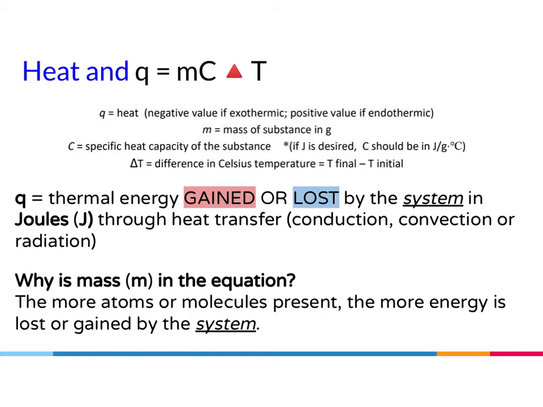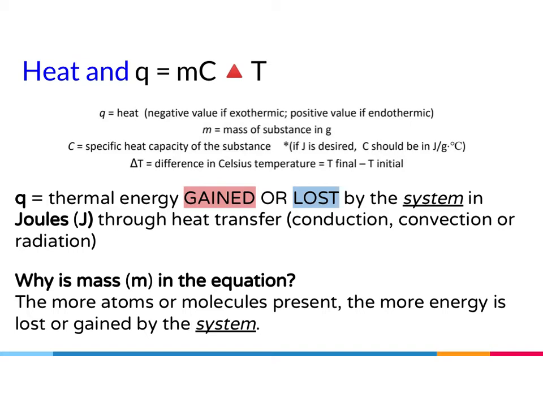The variable m is equal to the mass of the substance in grams. C is equal to the specific heat of your substance, and it has the unit joules divided by grams times degrees Celsius. And delta, the triangle, means the change of. So the change in temperature is the difference in Celsius temperature, the final temperature minus the initial temperature. So Q is the thermal energy gained or lost by the system in joules